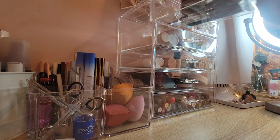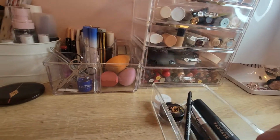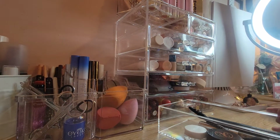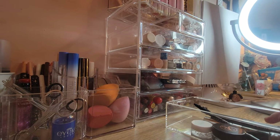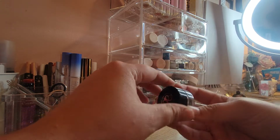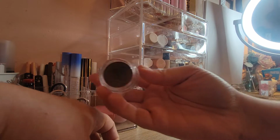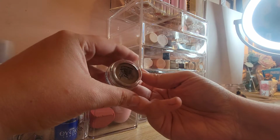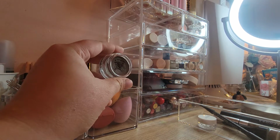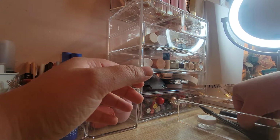First off, I have brow products, and I don't have an overwhelming amount, so I probably won't be decluttering a lot, but I do have some things. Let's see. I have this Anastasia Beverly Hills. This looks like the Dip Brow Pomade in Soft Brown. This is what it looks like. I do like this. Let me see if I can scooch the light over a little bit more to give some more color. Okay. So I do have this,